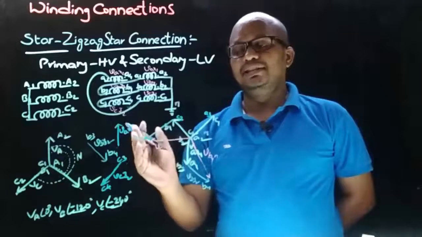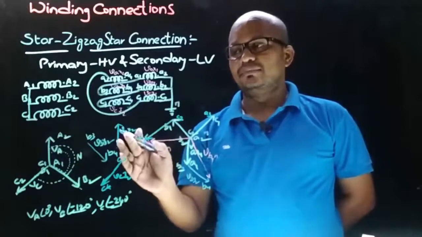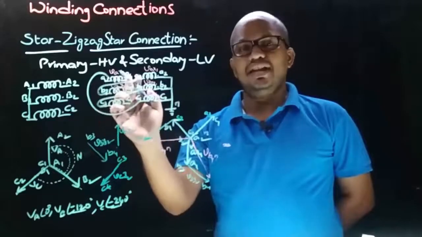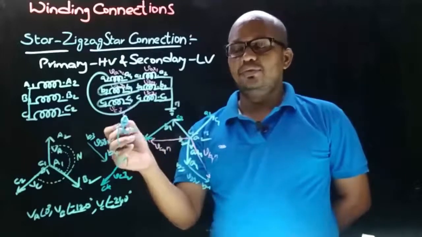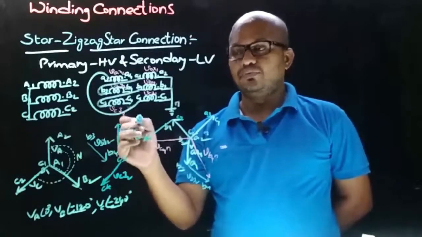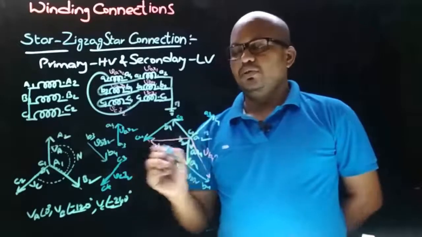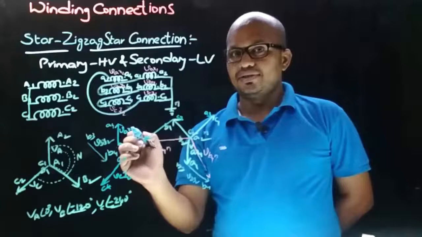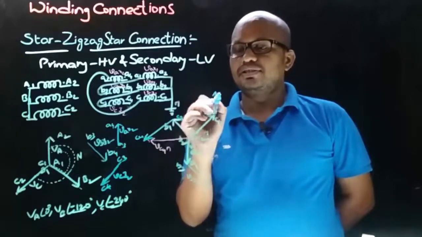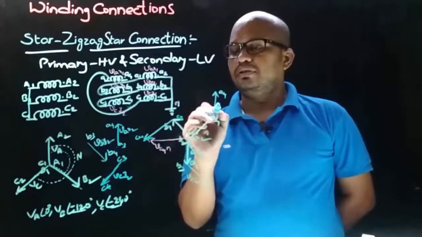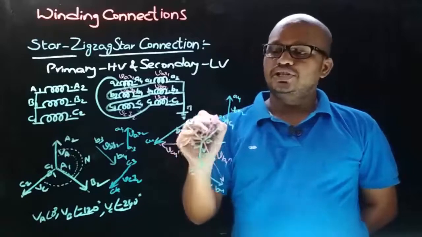And now we need to decide the terminals of this secondary side VAX2 phasor. And the terminals here are A3 and A4, and the connection is taken from dot end terminal, that is A4, as the arrow in phasor diagram points towards the connection we took from. Therefore this end is A4 and other end is A3. Now draw the secondary side VAX2 phasor such that C1 will have A3 connection. Therefore like this. This end is A4. This is VAX2 phasor. Therefore now the resultant voltage is